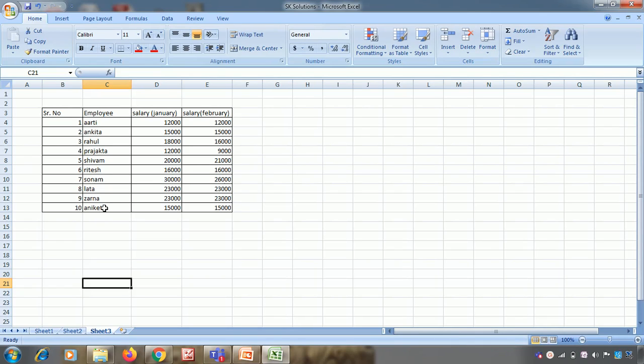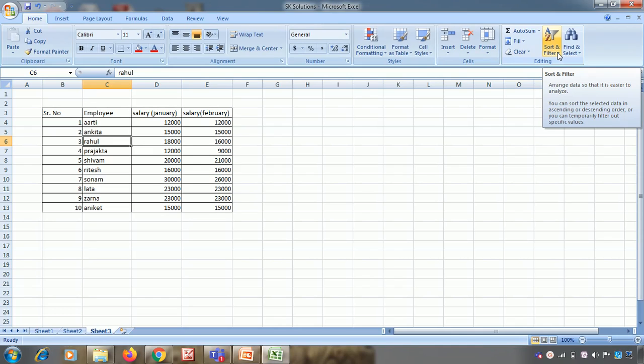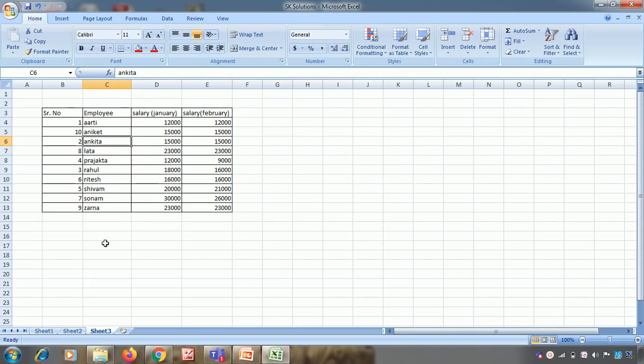So friends, for the column that you are selecting as a reference for your sorting or filtering, select any one cell in that column. So I have selected a cell in this column, employee. You can select any cell randomly, but in that particular column which you are using as a reference. Now in this top bar you will see a tab, sort and filter. Just expand that tab and select sort A to Z. As soon as you select sort A to Z, you will see that the names with A have been arranged at the top part and those with Z are at the last part.